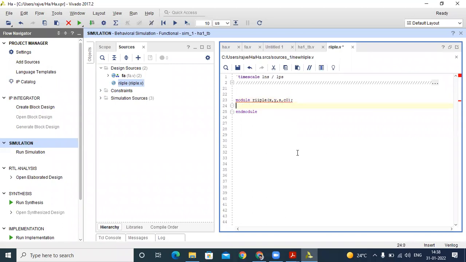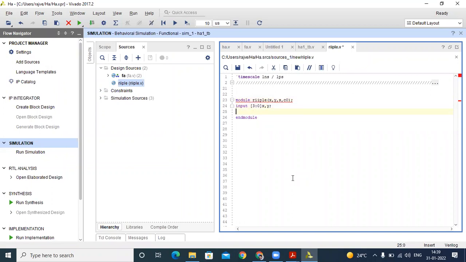So you can define our input. Input has 4 bits, that's why we take [3:0]. The input names are X and Y, also 4-bit.